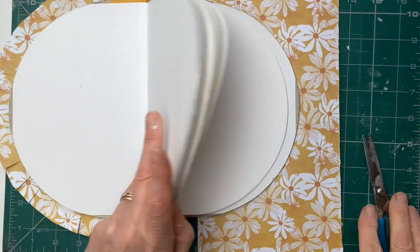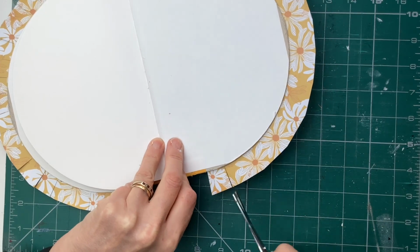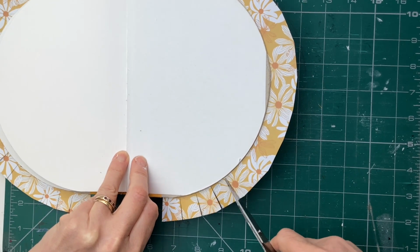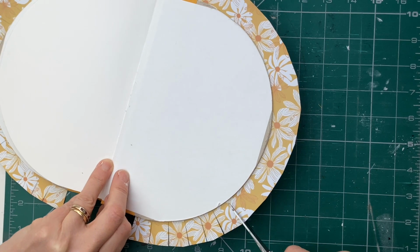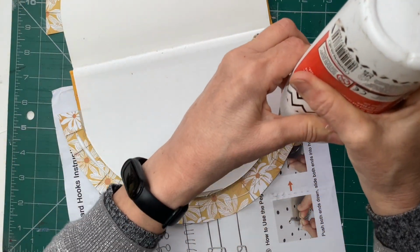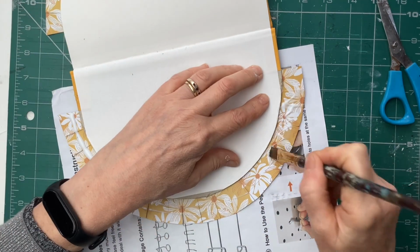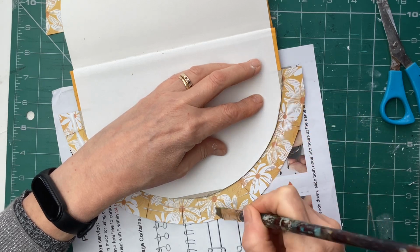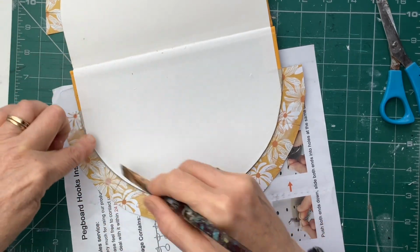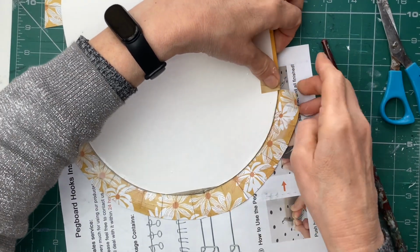Let's do the same on the other cover, scoring round and snipping in every centimetre and a half or every half inch. Doesn't have to be specific. Now I'm going to protect my surface. I'd also just get glue on the edge of your book or the edge of the cover. Doesn't matter if we get glue on this page particularly, because we are going to glue the first page to the cover,